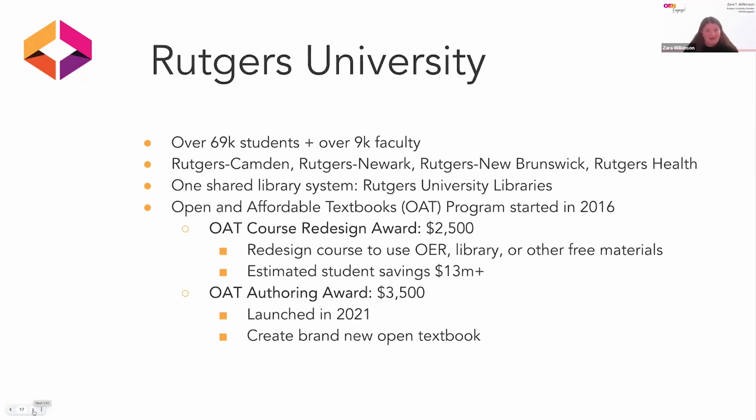All of those pieces of Rutgers have a shared university infrastructure, which does include the library system. So as a librarian at Rutgers, I'm actually affiliated with Rutgers University Library, which has outposts and librarians on each campus, and we all kind of balance our local constituents with our system-wide programs and needs. And so one of my responsibilities that spans the local and the system is membership on our open and affordable textbooks program team. And we call this OAT, Open and Affordable Textbooks.